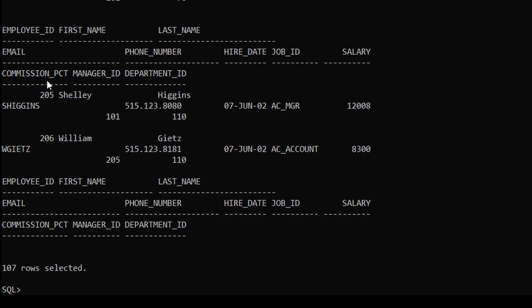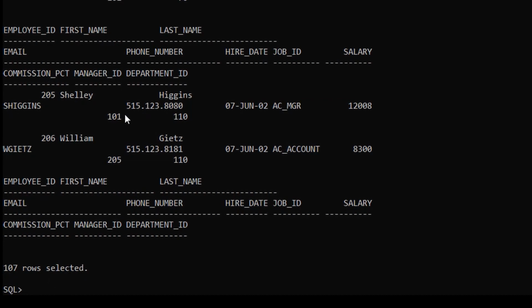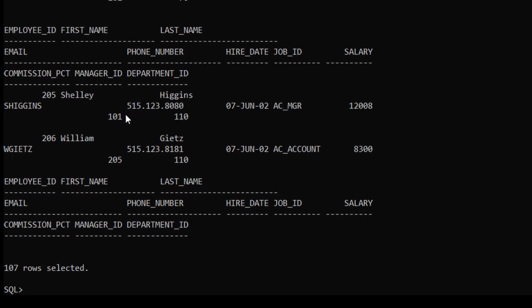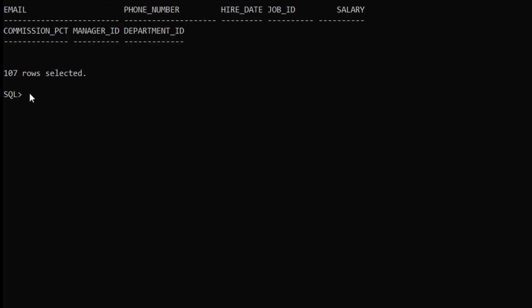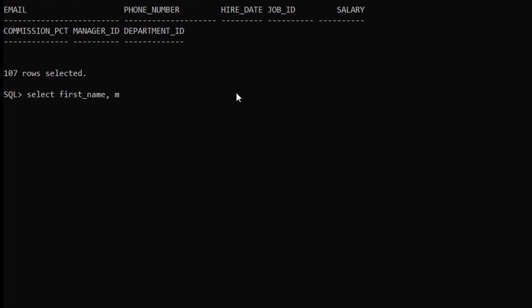In this example, we will only fetch the first name and last name columns from the employees table, and instead of 107 rows, we will fetch only the first 10 records by using the ROWNUM function. Let me show you how to do it. For this we just have to use a select statement. So type select first name, last name from employees table,